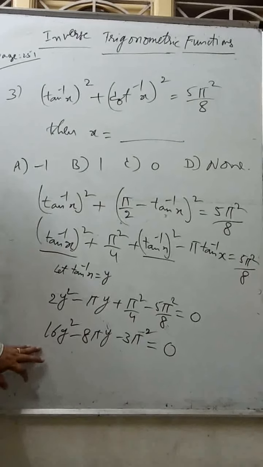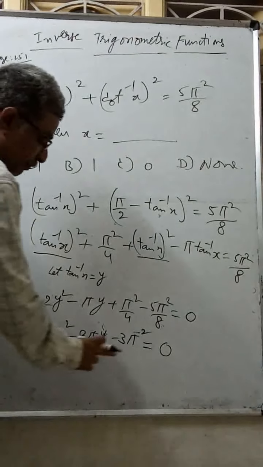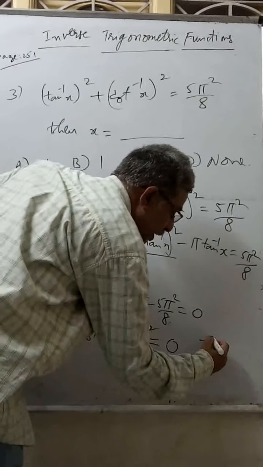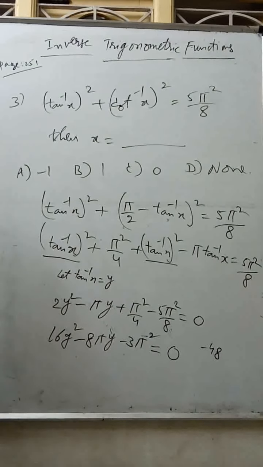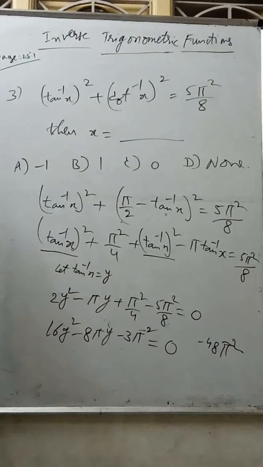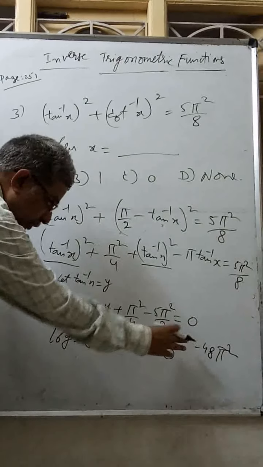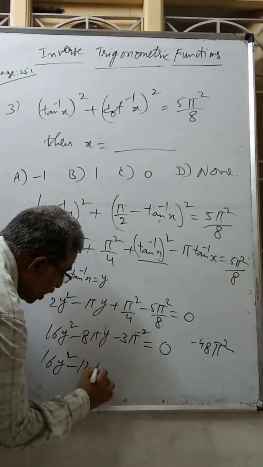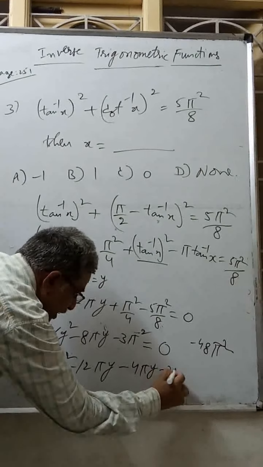Now I will go for splitting the middle term, factorizing. So it's nothing but 16 3s are 48. I need to get minus 8, minus 48, I need to get 8. How do I get this? This is 48 pi square. So how can I split this? 12 4s are 48. So 16y square minus 12 pi y minus 4 pi y minus 3 pi square